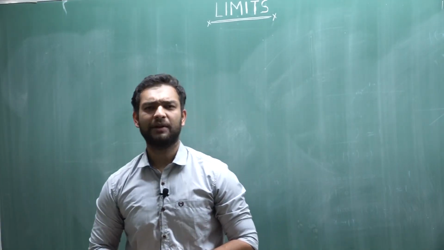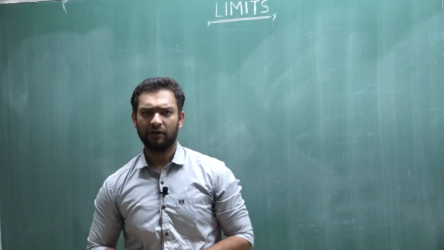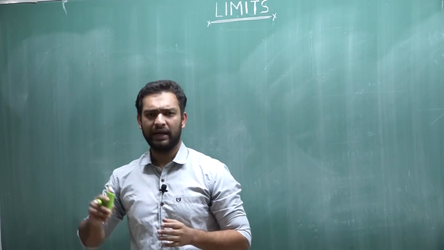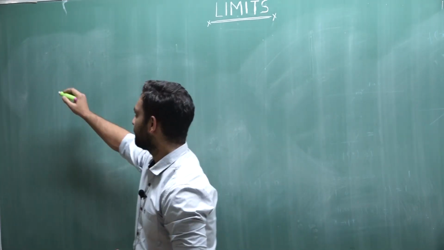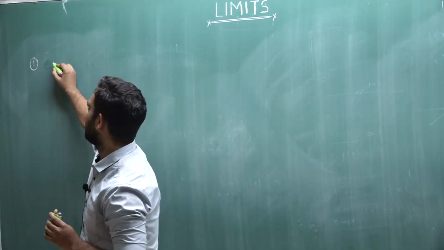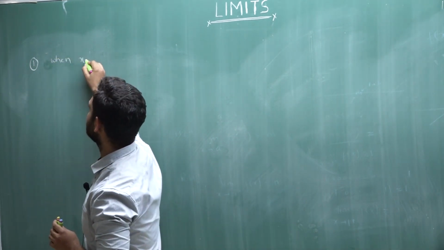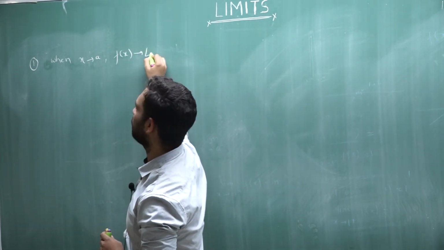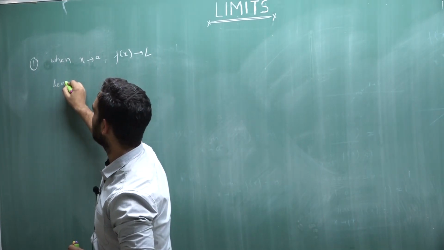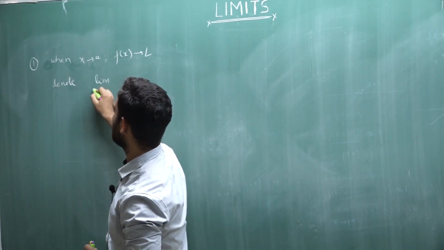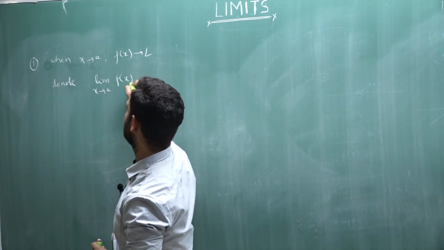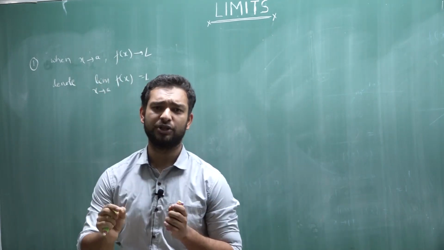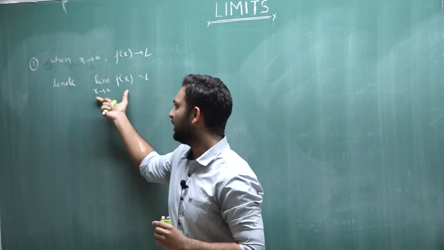So guys, up till now what we have seen is how to find the value of limits. Basically I'll try to list all the things that we have studied up till now in an orderly manner. So first thing is, how do we define limits: when x is approaching a, let's say your function f of x is approaching L. So we denote limit x tending to a, f of x equal to L. This tells us that when x is approaching a, your f of x is approaching L. This is how we define limits.